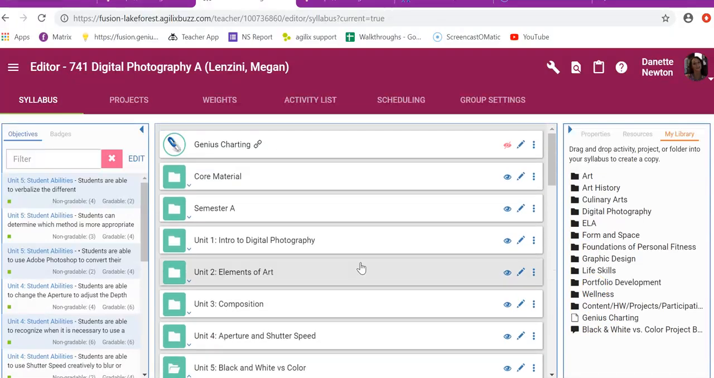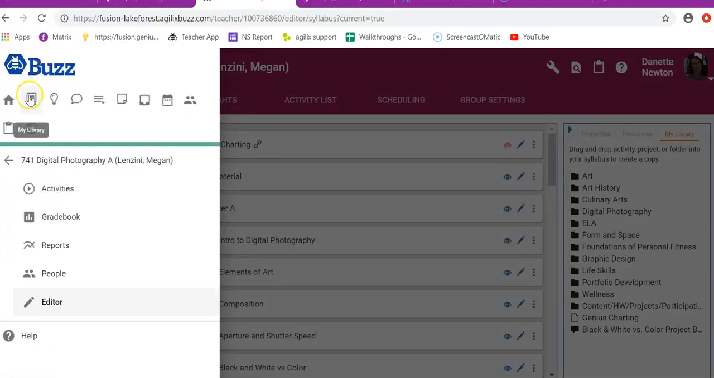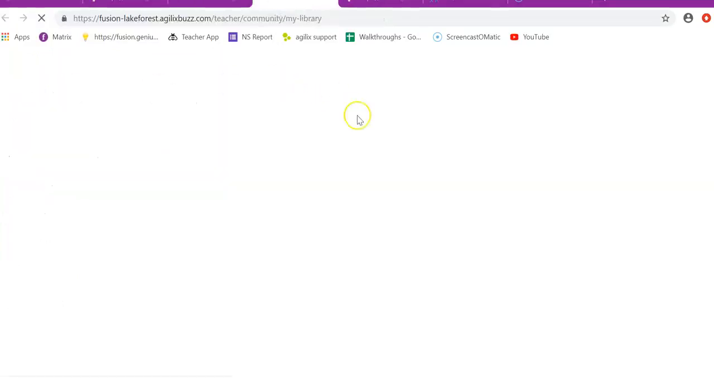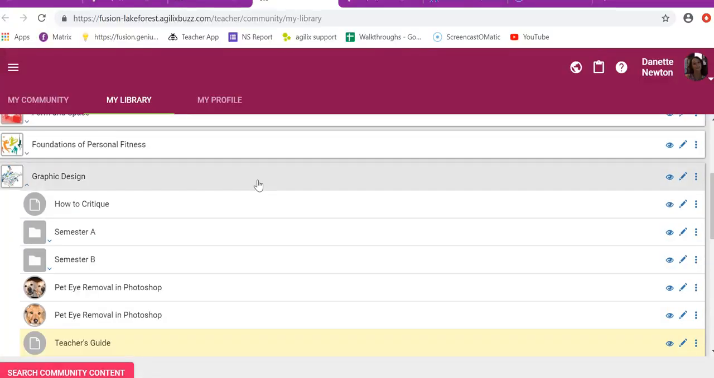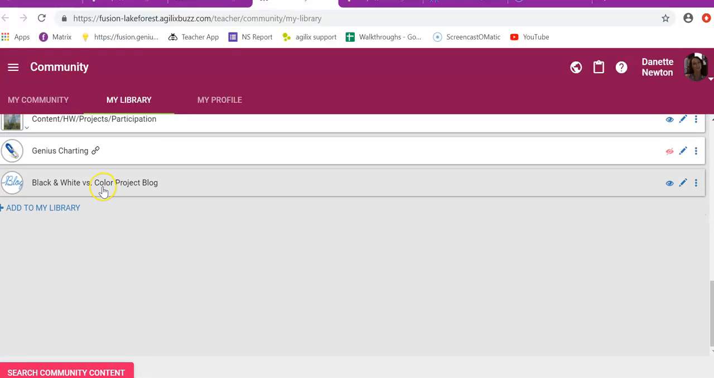So just like you would with anything else, and then when you get to your library, it's already in there. And then you can drag it up to where you need it to be at that point in time. So there it is. Now, another thing that you can do is now that you're in your library,